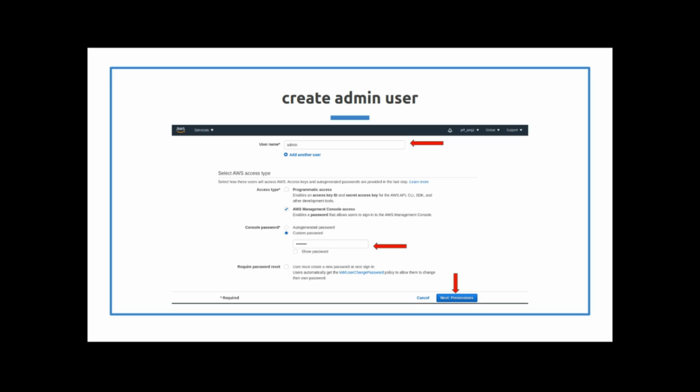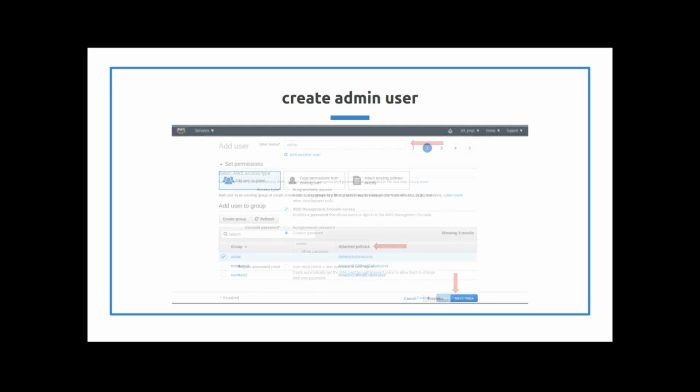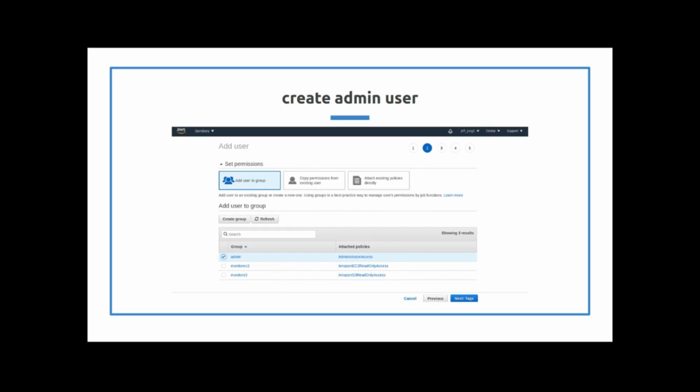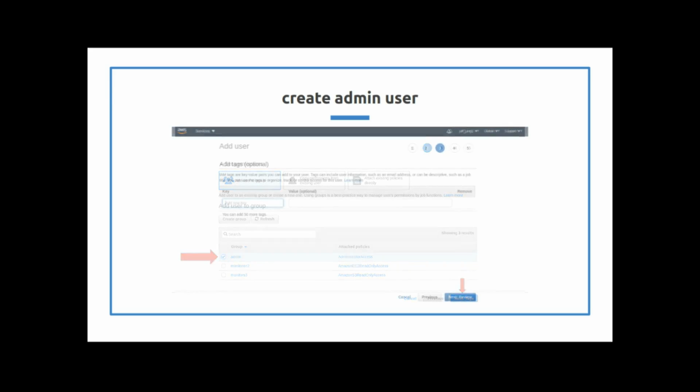And then you hit next, and it's going to bring up the groups that you made. So we just made those 3 groups, and since it's an admin user, we want to tag them with the admin permissions. So you put the group admin, and you click next.